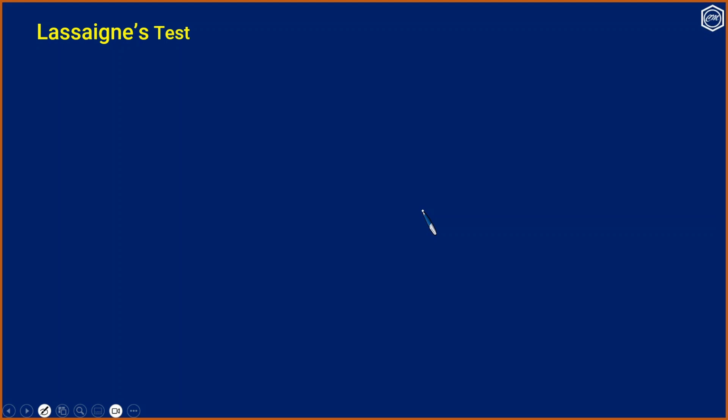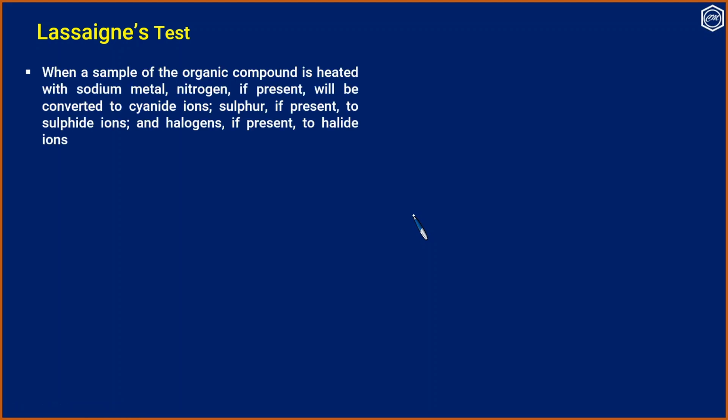Compared to inorganic compounds, the atoms in an organic compound are linked to each other by covalent bonds. Therefore, organic compounds do not furnish ions in solution. Therefore, in order to test the presence of the above elements in an organic compound, it is fused with sodium metal to form ionizable sodium salts. We can also use potassium for fusion, but sodium is preferred because it is easily available and its reaction is